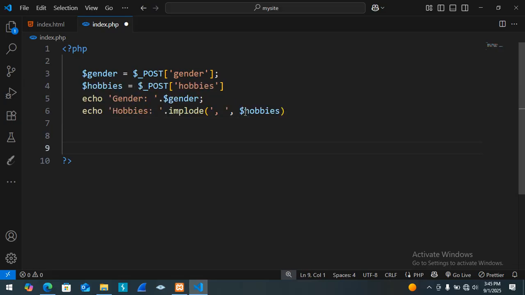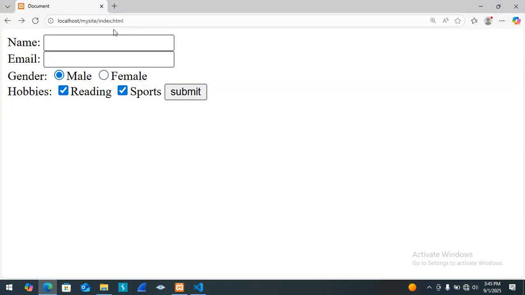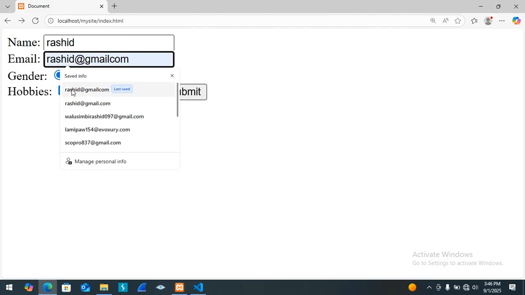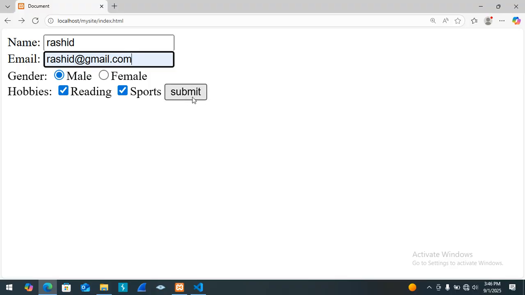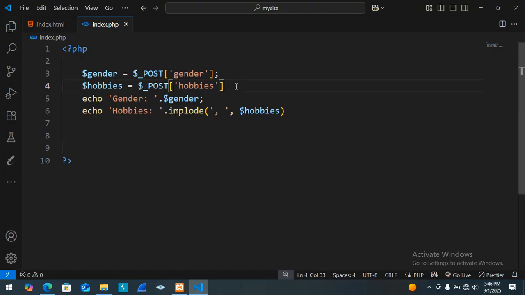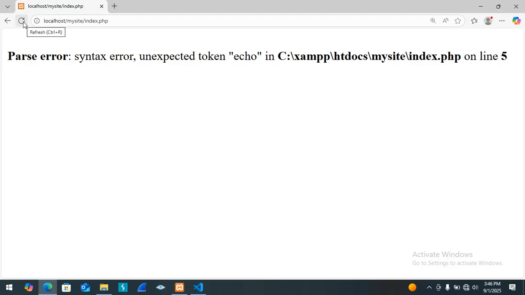Then after doing that, let us save, and then we go inside our browser and refresh. Let us select reading and sports. Let us select all of them. Then here I'm a male, guys, I'm not a female. Then here provide Rashid. And if we submit, as you can see, we are getting the error unexpected token echo. It is as if I forgot to break, even here I forgot. If we save, and then we come back here and resubmit,